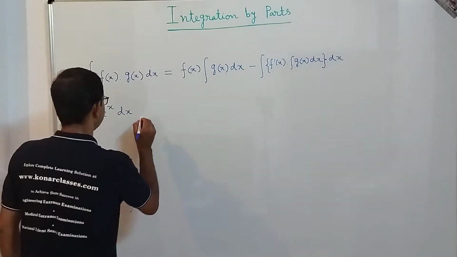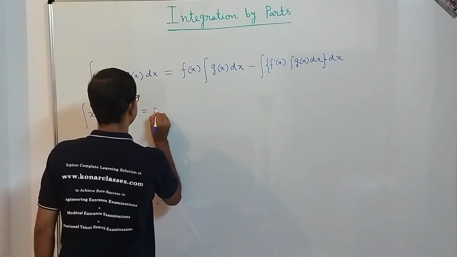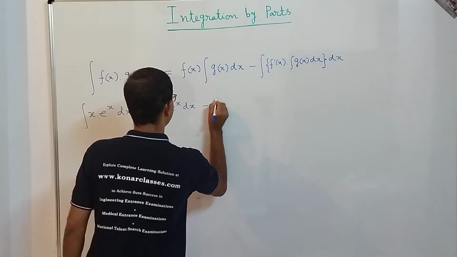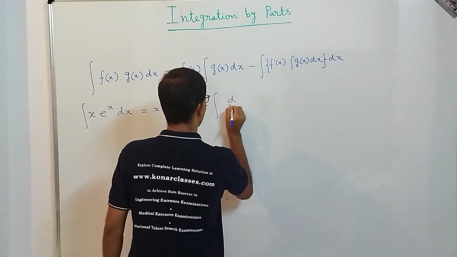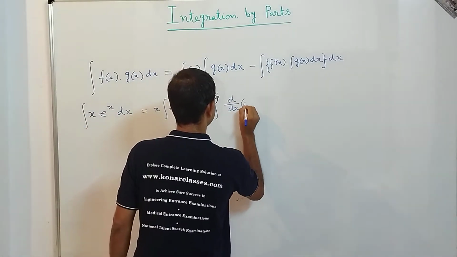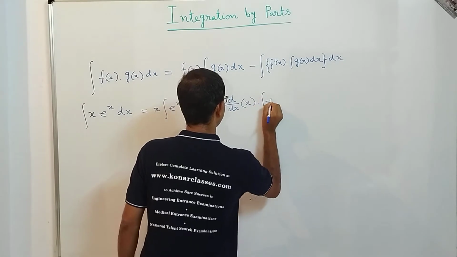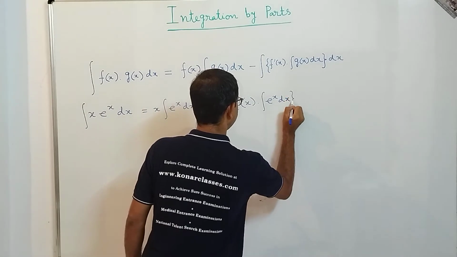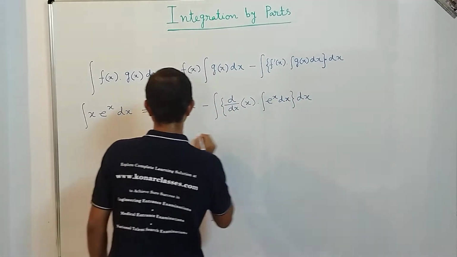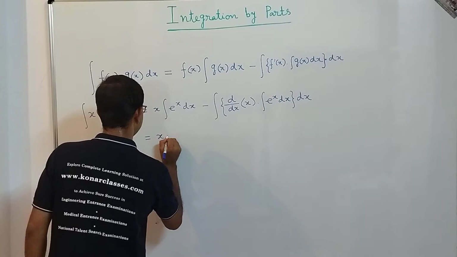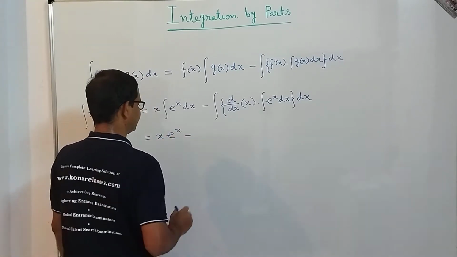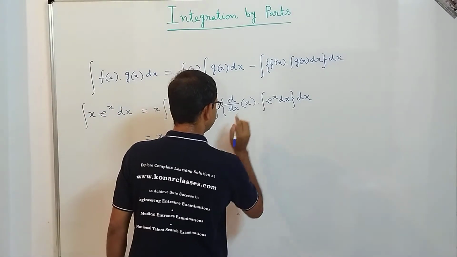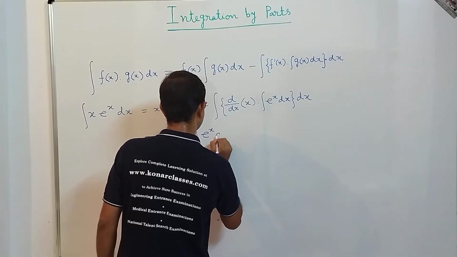as the first function. So what we should do here is x integration e power x dx, minus integration d dx of the first function, that is x, into integration of the second function, that is e power x dx. Once it is done, then the complete dx. Correct, dear students? So what we are going to get here is x into integration of e power x, which is e power x, minus integration d dx of x is 1, and e power x dx integration is e power x. So we get e power x dx.